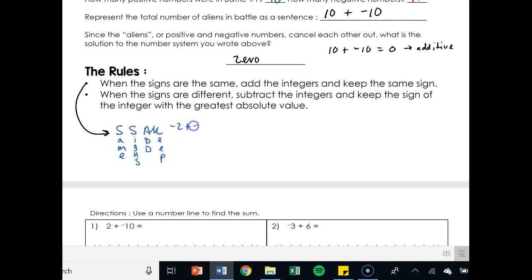Negative 2 plus negative 2 is equal to negative 4. Negative 7 plus negative 3 is equal to negative 10. Just add them up, keep the sign. Just like 5 plus 2 is equal to 7, right? They're both positive, stay positive. The next rule,